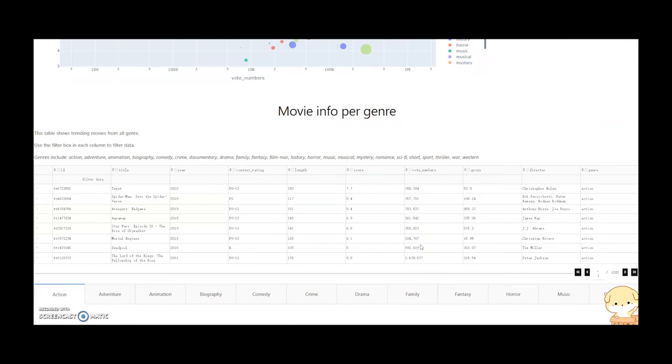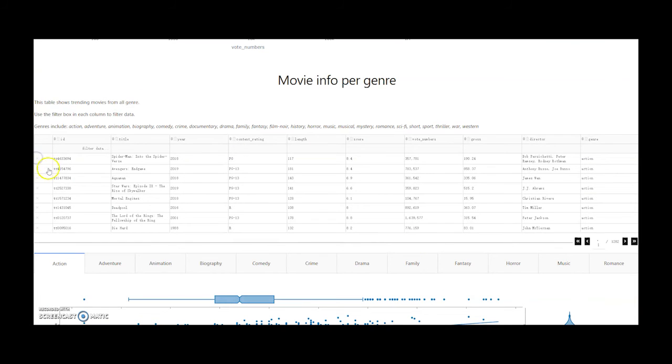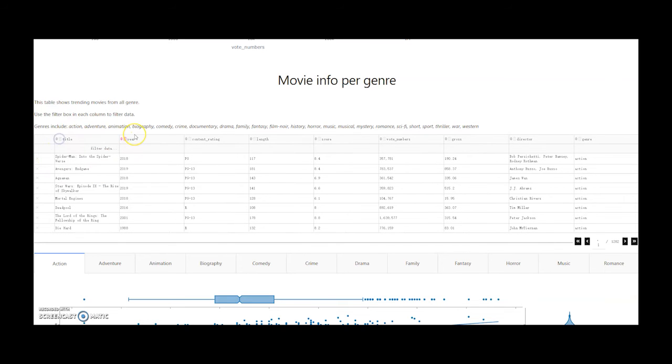Then the second piece in this main page, I'll go very quickly first, is this data table, which can be used to delete data and also delete columns if we would like to. This is basically everything from the database, but there's something we can do. Other than deleting rows or columns, we can also filter data.